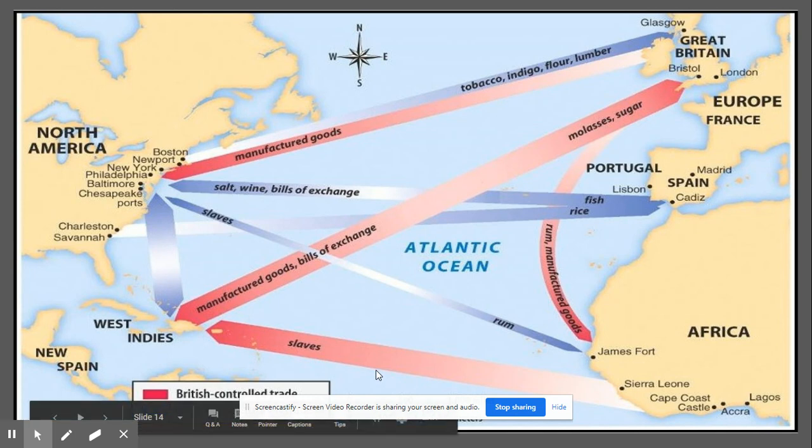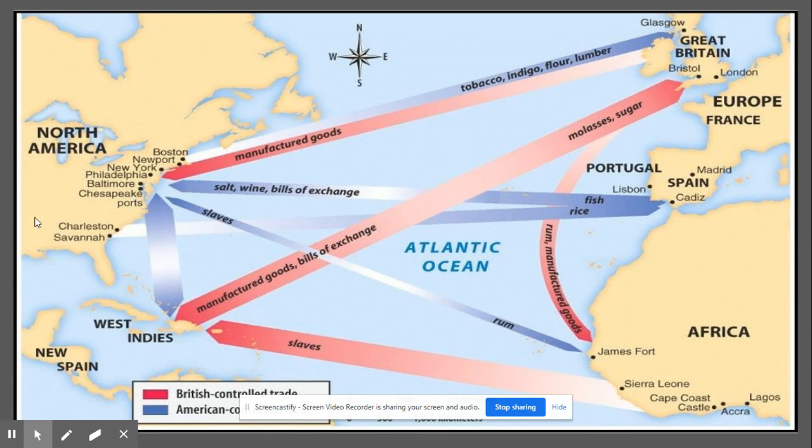Once they got these slaves, they brought them over and they would be taken right here to the West Indies, which is what a lot of us know as like the Caribbean. Once here, they then were brought to the Americas, brought into places like New York, Philadelphia, Baltimore. Baltimore was a massive slave trade city, guys. Also Charleston, Savannah. But Baltimore being the biggest one.